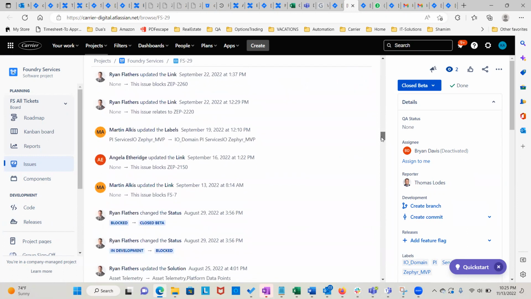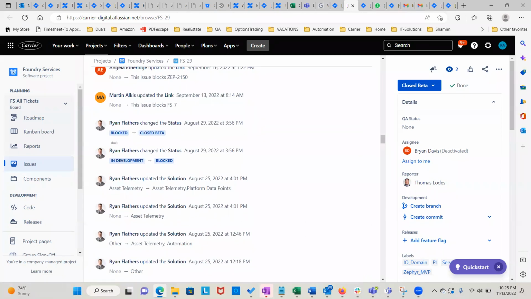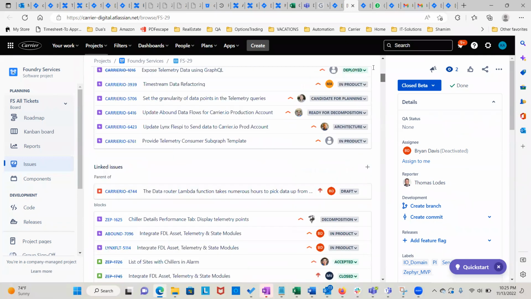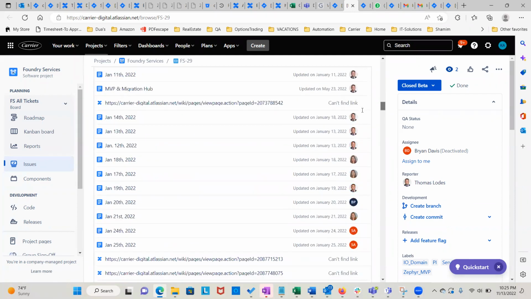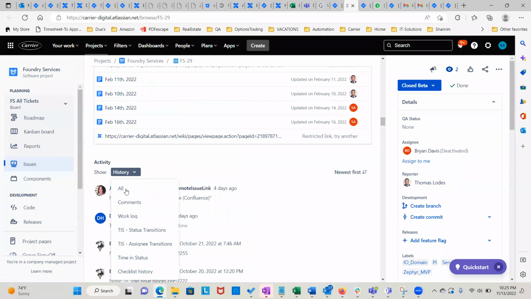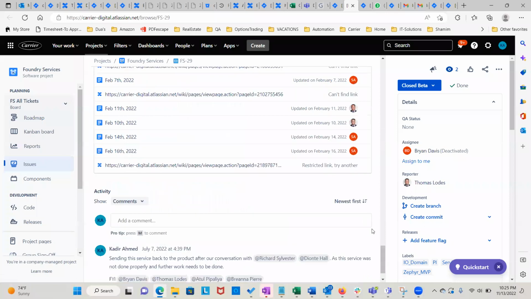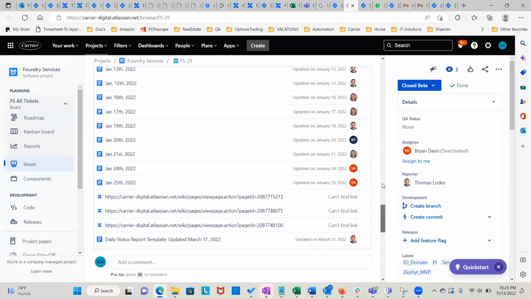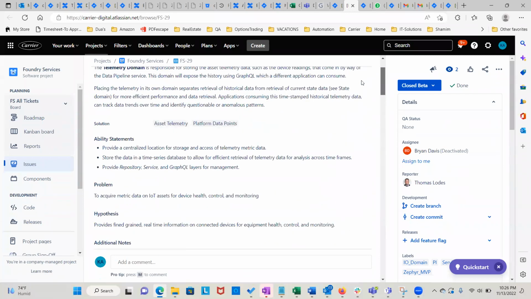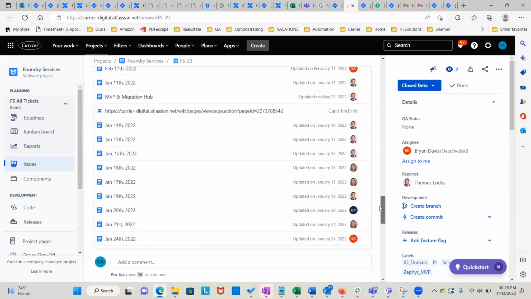I was going through this and I see this guy right here, from in development, he changed it to blocked. From blocked, he changed it to closed beta. I was kind of upset. I was like, this functionality never went through QA, and how did you test? How did you close it? And this is a big deal. This is a whole feature. If you look at it, it has so many tickets linked to it, and he just decided to close it.